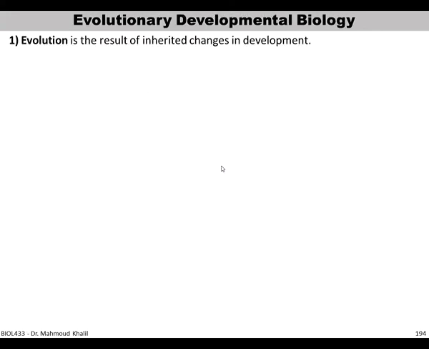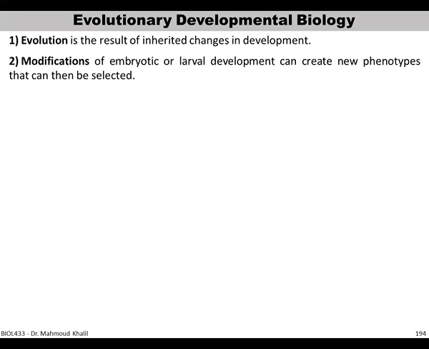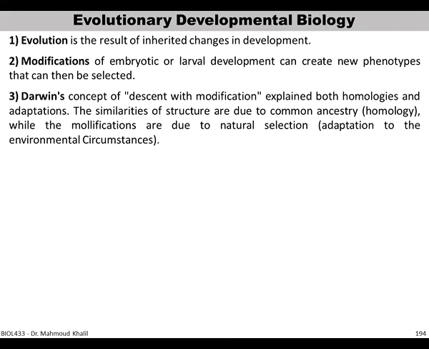Now we'll talk briefly on evolutionary developmental biology. Evolution is a result of inherited changes in development. Modification of the embryonic or larval development can create new phenotypes that can then be selected. Darwin's concept of descent with modification explained both homologies and adaptation. The similarities of structure are due to common ancestry, homology, while the modifications are due to natural selection, which is